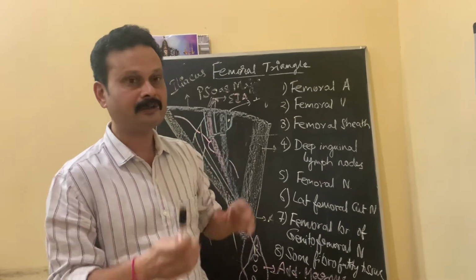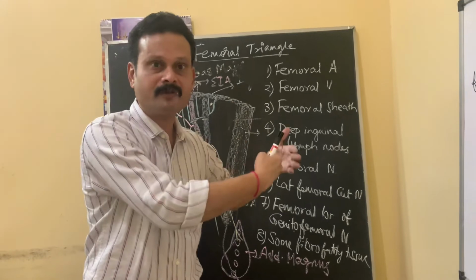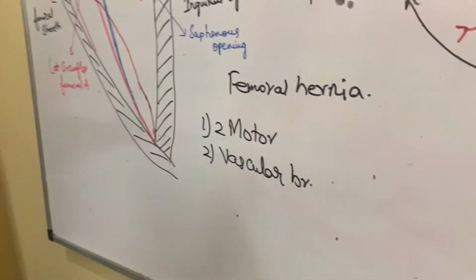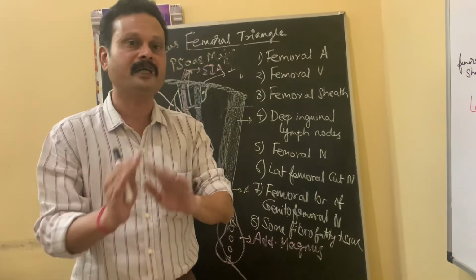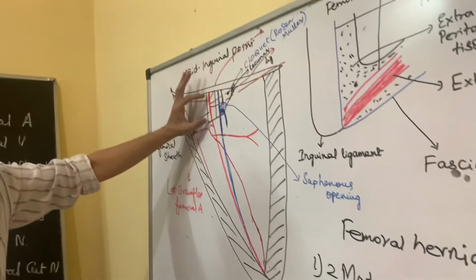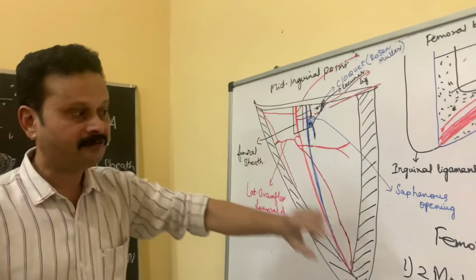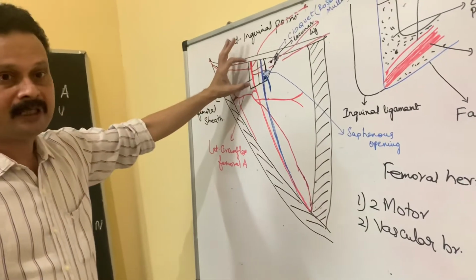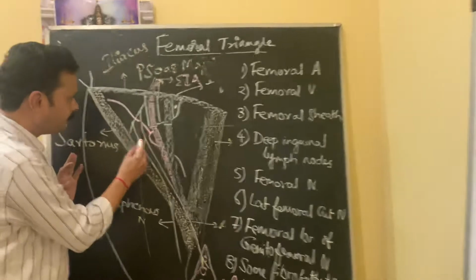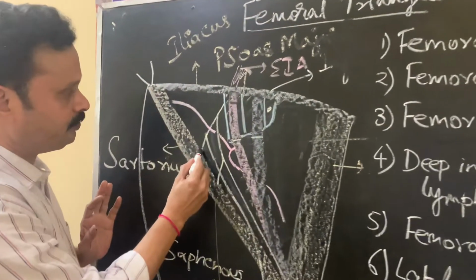The muscles forming the floor of the femoral triangle, that is iliacus and pectineus, get their nerve supply directly from the branch of the femoral nerve arising from its trunk, and a vascular branch to the upper part of the femoral artery. Then it divides into anterior division and posterior division.